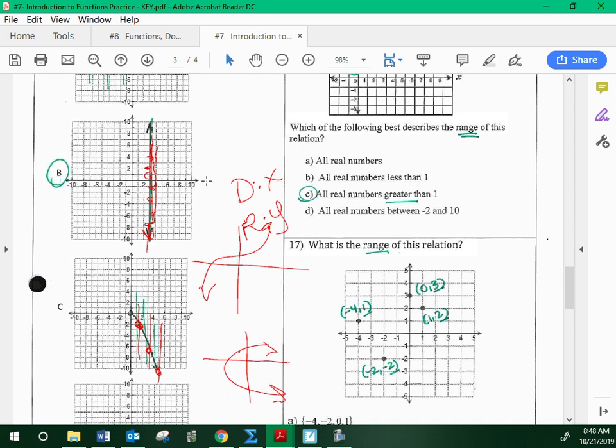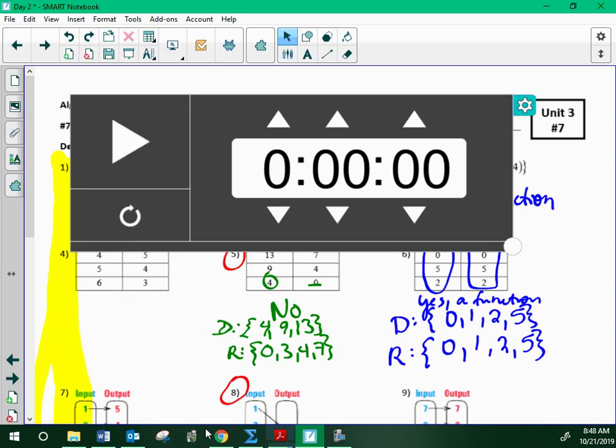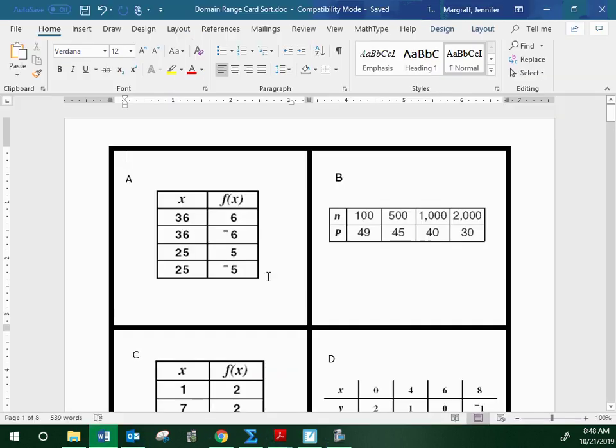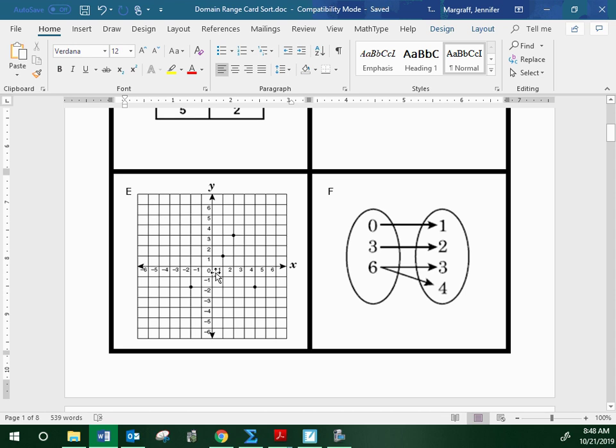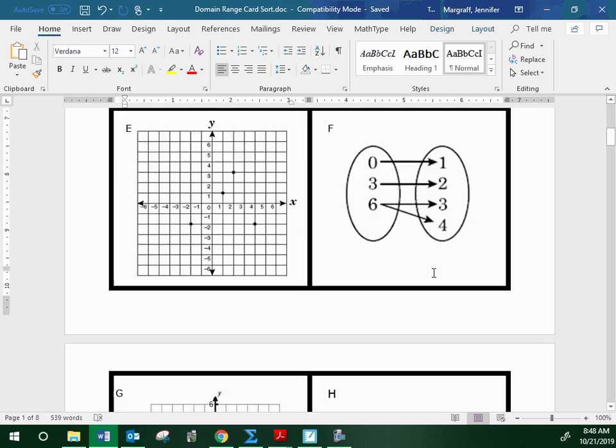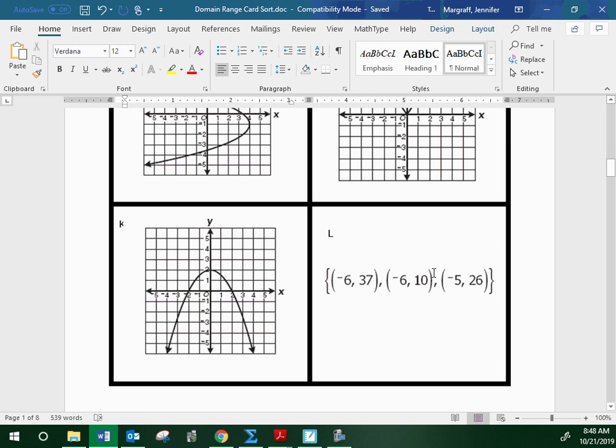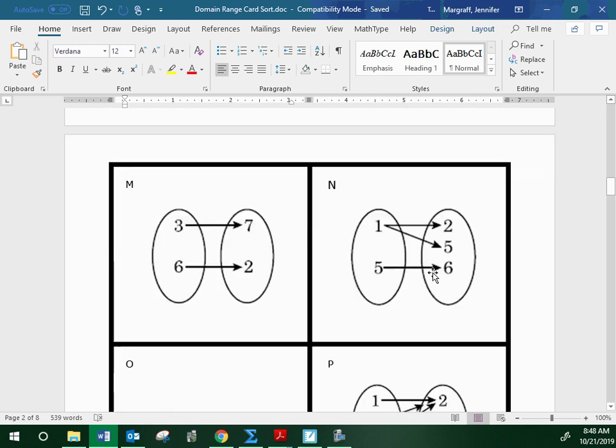So what we're going to do now is a card sort. I'm going to break you up into groups of 3. I need to take a look after I take attendance to see who all's here and how many groups we can do. You're going to be given a stack of cards, and I'm going to bring it up here just so you can get an idea of what's happening. As you can see, we have tables, we have some graphs, we have some mapping diagrams. And so what you're going to do is, for each letter,